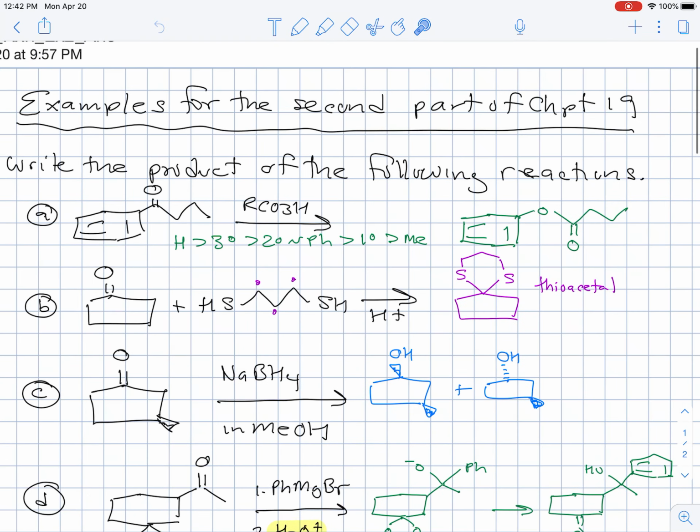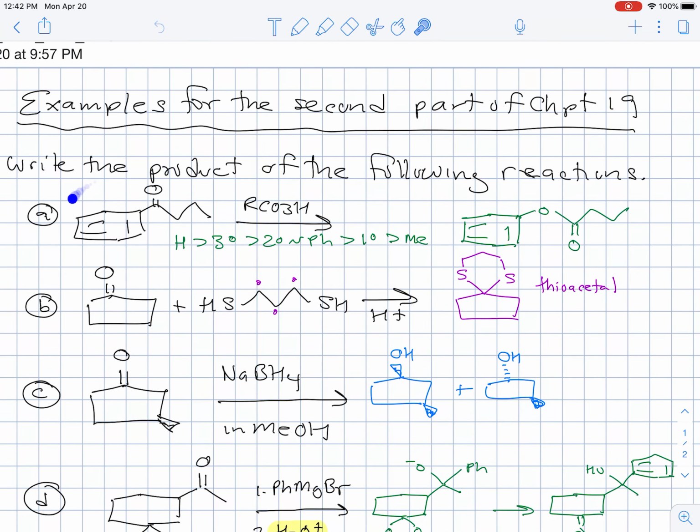So with this first one, we have a ketone that's reacting with a peracid. And you can either write the peracid generically, or you could write MCPBA or use the structure of MCPBA. And the thing to remember here is you have these migratory aptitudes, which sort of kind of follow carbocation stability with two notable exceptions. One way to remember this is that the hydrogen migrates to give you a carboxylic acid